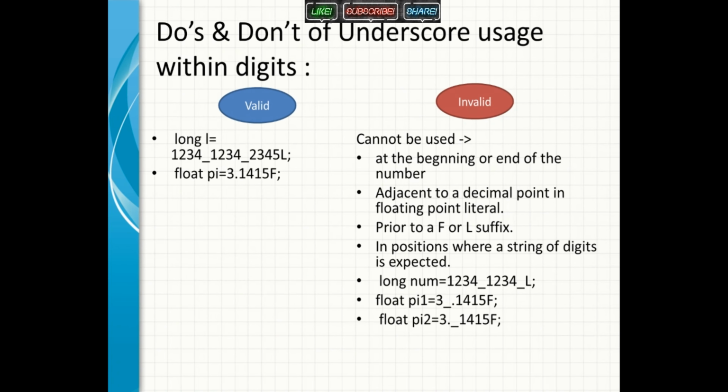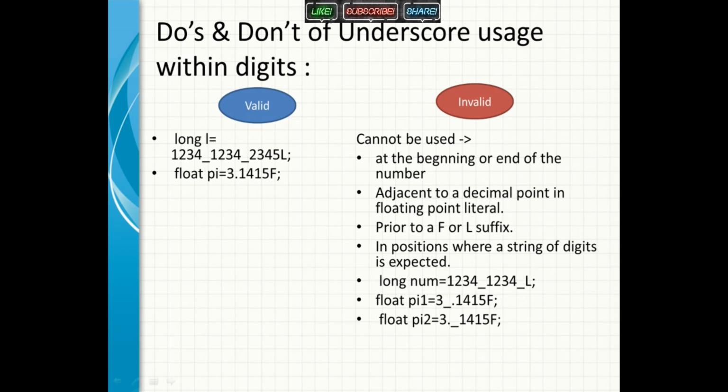It makes the task easier. And this is the list I have given of do's and don'ts, which is the valid syntax and which is invalid. The compiler will throw an error if it is invalid, so this should be known. Here I have listed out where the underscore should not be: at the beginning or the end of the number. It should always be between the numbers, within the number range, so that you can remember.